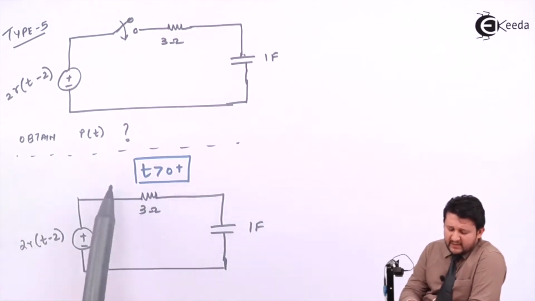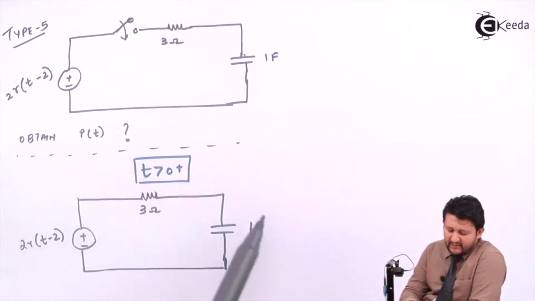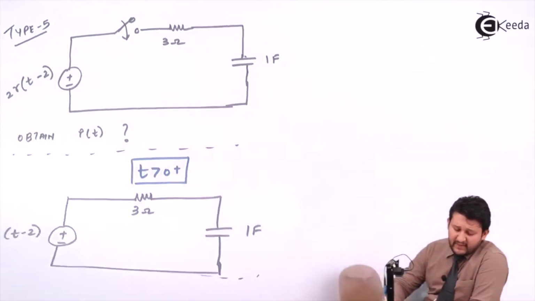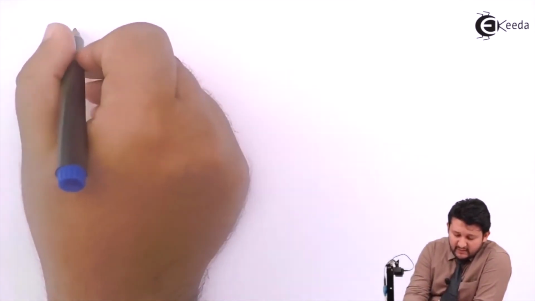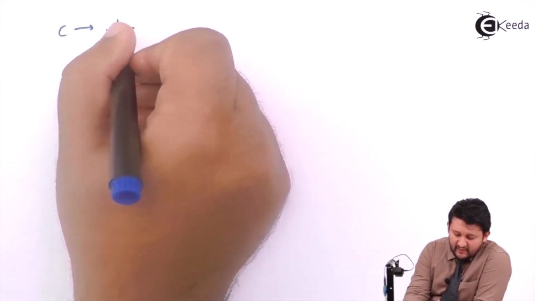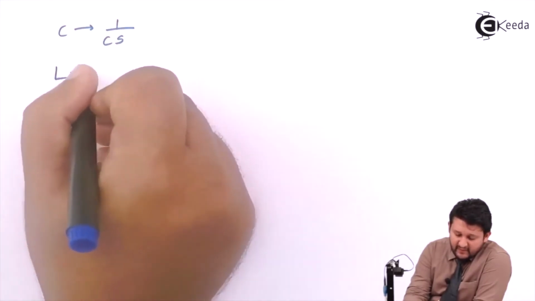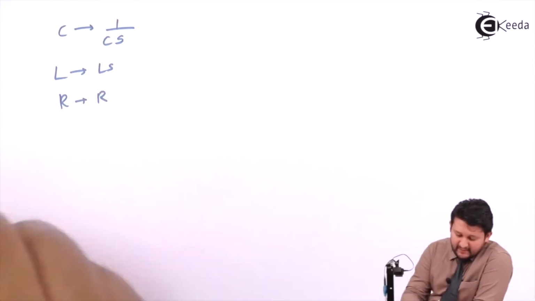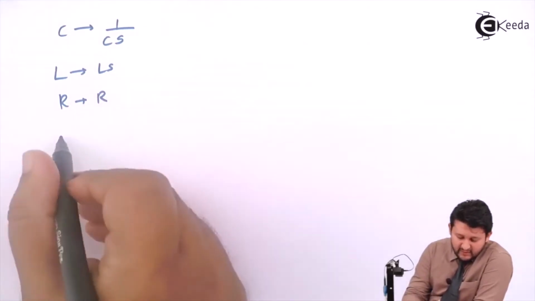So for Laplace, I just need to start directly at t greater than 0 plus. The circuit which you get is this. So let's convert into the Laplace domain. For converting this into the Laplace domain, the new formula which you need to know is, for converting C, the formula is 1 upon Cs, and for L it is nothing but Ls. Your R remains as R. So your circuit which you get is